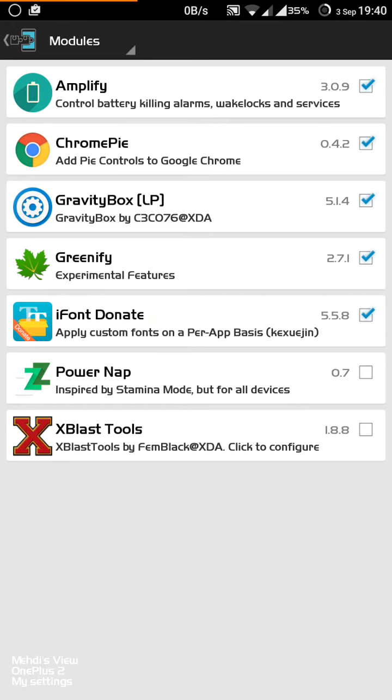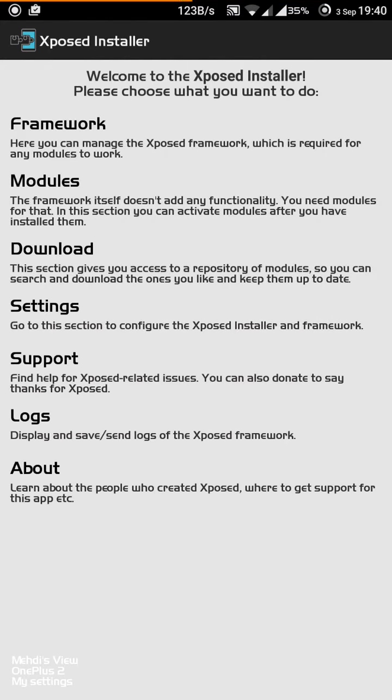So between Amplify, Gravity Box, Greenify, iPhone Donate, I can pretty much save my battery using Amplify and Greenify, and also do a heap of customizations with Gravity Box and iPhone Donate. So that's sort of a learning for me on the Oxygen. Apart from that,